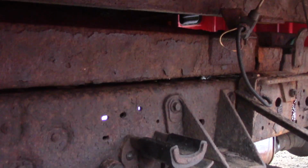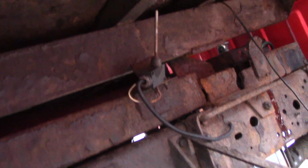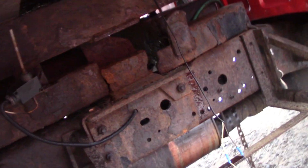The whole thing is rusted, but it's even jacking this piece up here, so it's down as far as it's going to get. And I have a feeling that's all it's going to be, so we might have to leave this chain on there for the time being. Anyways, I've done all I can do. I'm going home now. Hey Tom,